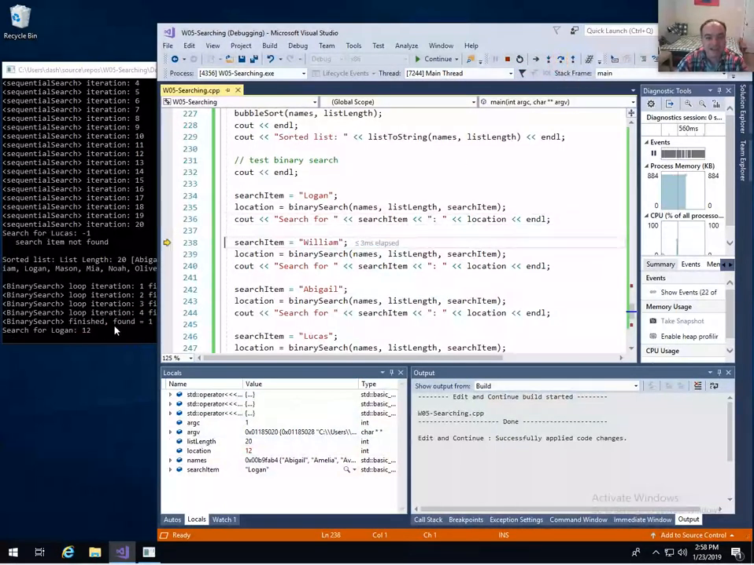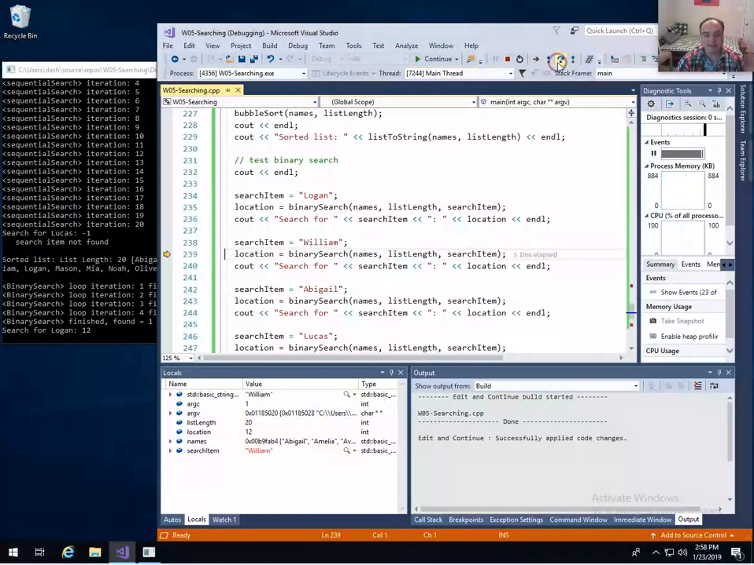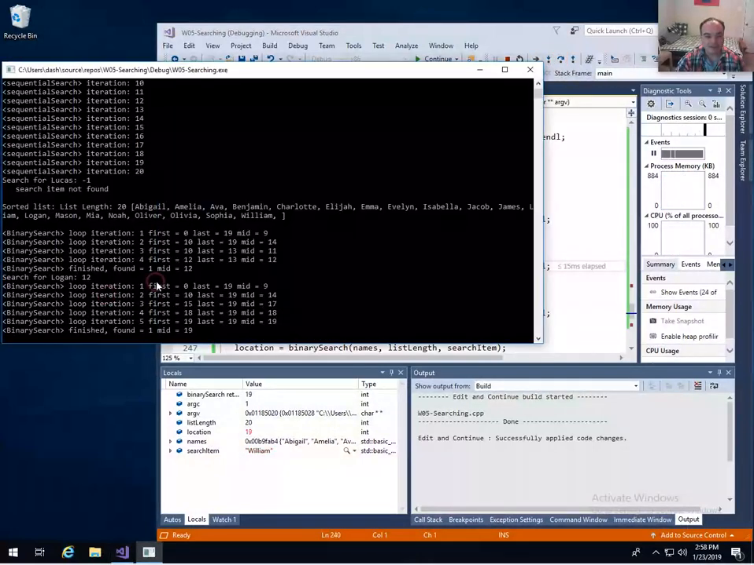William was the last item, so here's the worst case. Actually, the worst case is again an unsuccessful search. But yeah, if you search for an item at the beginning or the end, that should also take you the maximum number of iterations to determine that the item is in there. So let's step over that. There's our search. So we see that to get William at index 19, it takes us 5 times